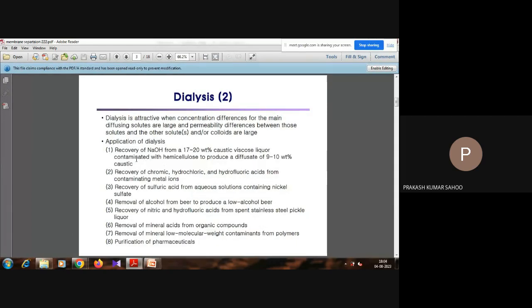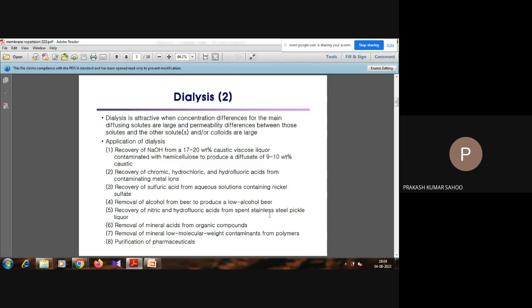What are the applications? A recovery of sodium hydroxide from a 17 to 20 weight percent caustic viscous liquor contaminated with hemicellulose to produce a diffusate of 9 to 10 weight percentage of caustic, recovery of chromic, hydrochloric, and hydrofluoric acid from contaminating metal ions, a recovery of sulfuric acid from aqueous solution containing nickel sulfate,